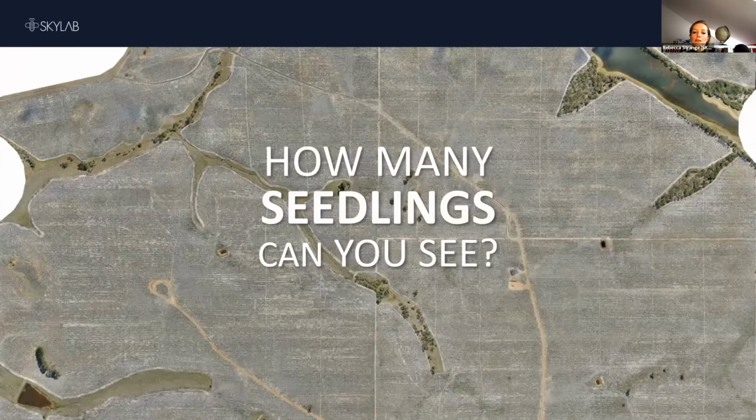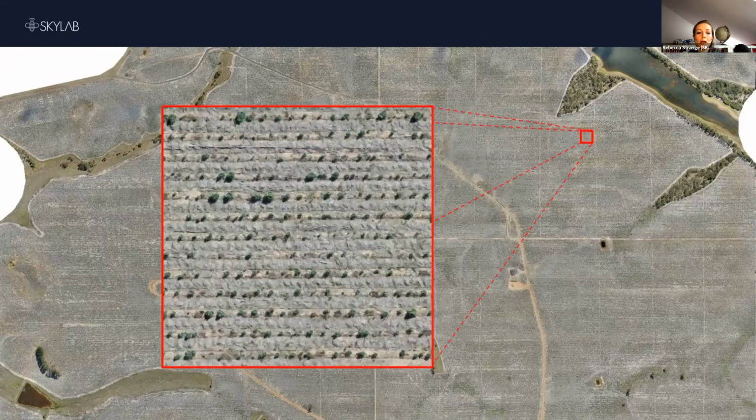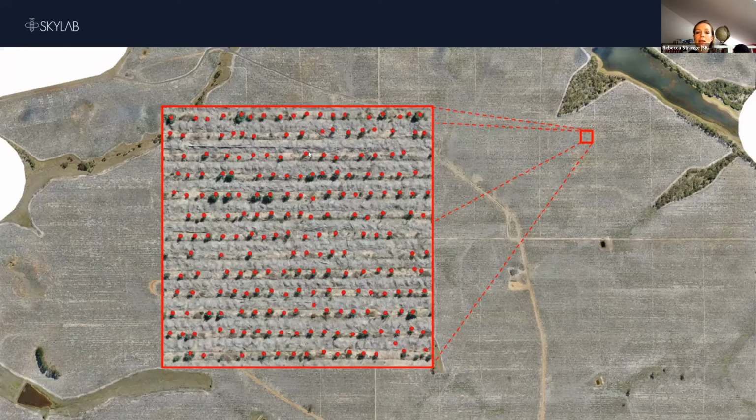Now, the main question that most foresters have after planting up a new stand is how many seedlings have survived and how many have failed and where are they failing? And normally the way that you do this, of course, is you go into the plantation, you set out terrestrial sampling plots and you count the seedlings in each of those plots, and then you extrapolate that over the whole stand area. And of course, that may or may not be representative of the actual situation in your stand, because you may miss areas of significant planting failure or even really good growth as well.